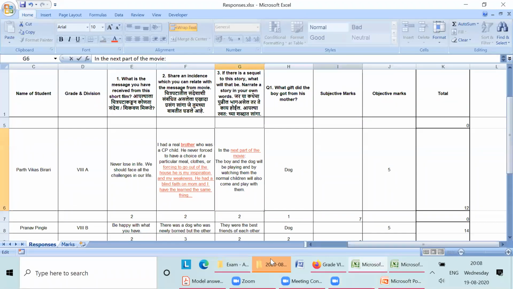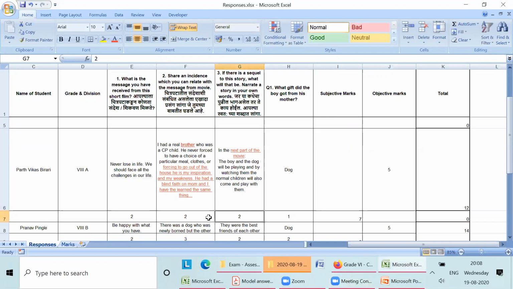So as Swapnil sir has shown in red color now, suppose the paper checker has given it wrong. This red color is the wrong one. If the moderator does not agree with that, we can just keep a note with us on a page or a notebook. After all the class moderation is done, suppose 6th A is done, the moderator can give a call to the subject teacher that I am having a doubt. You can open your file also, I'll open my file also, and online they can tally it. No, this should be correct, this should be wrong. It can be done with the moderator and with the corrector, or the same file can be done over there itself.